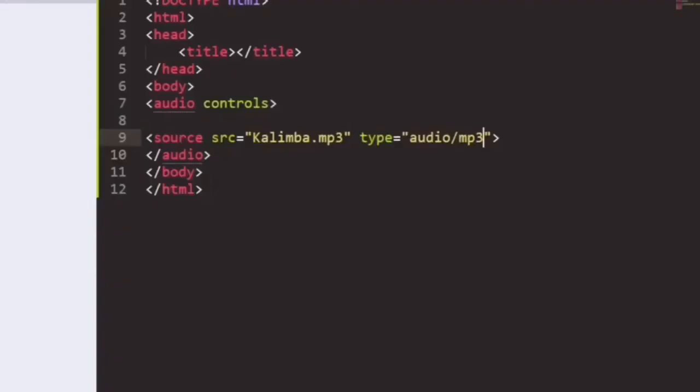Now you can see the audio is playing here. You can see the controls also that we have written in the audio tag, that is controls. We need the controls for our audio. On this basis we can add any audio to our files, web pages or any software. So this is our coding of the audio tag.